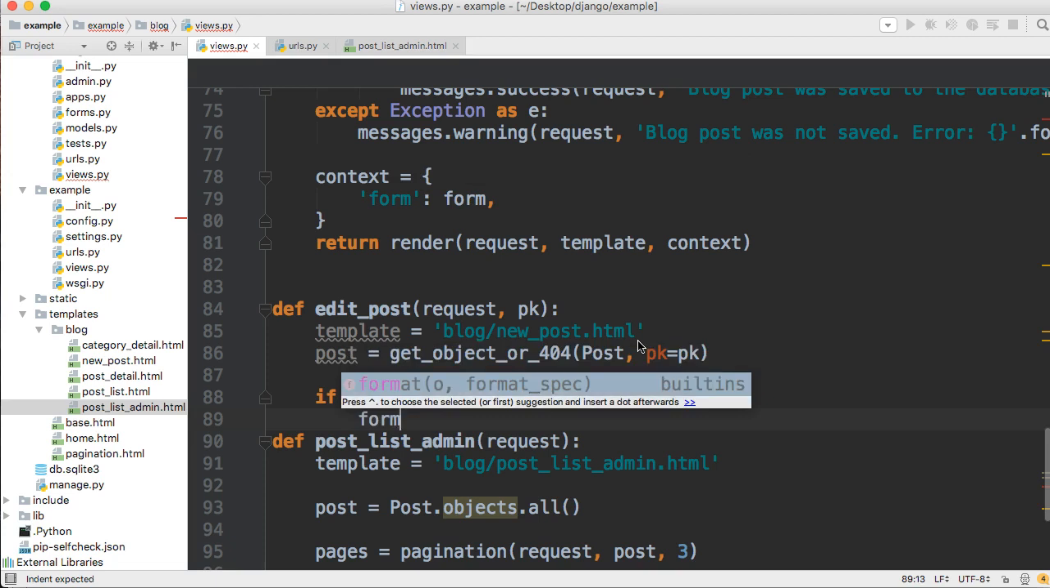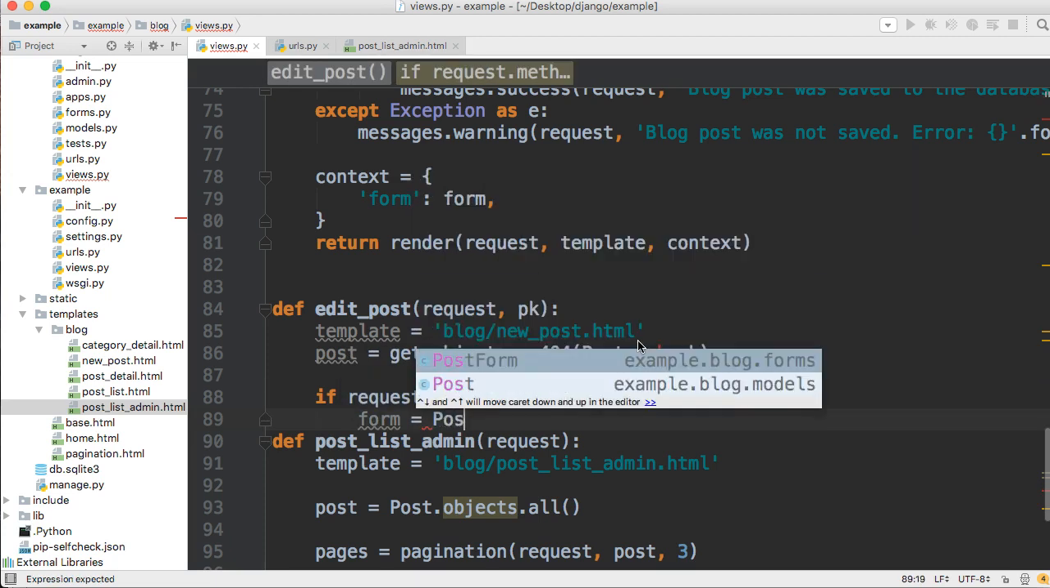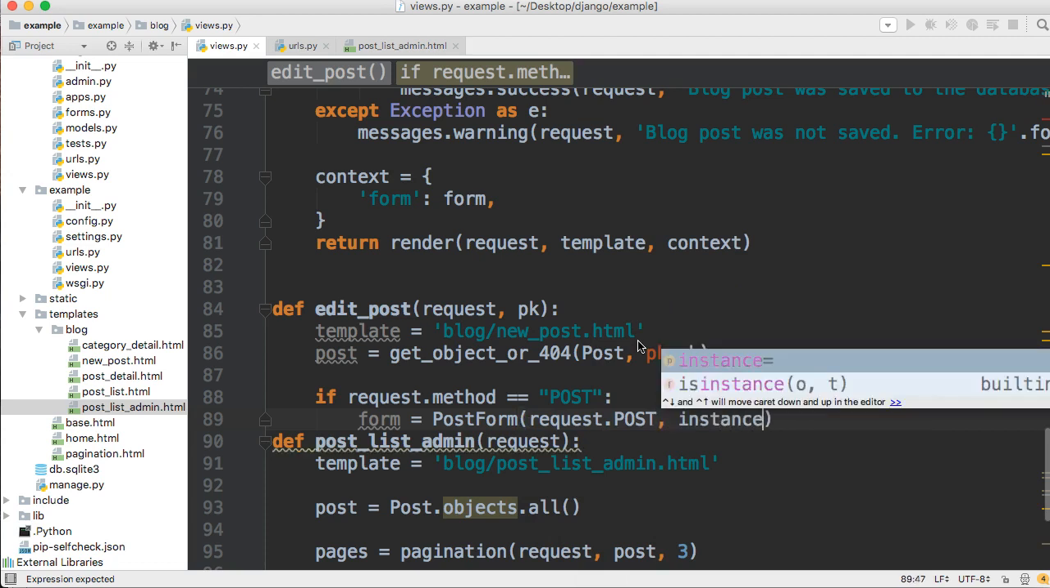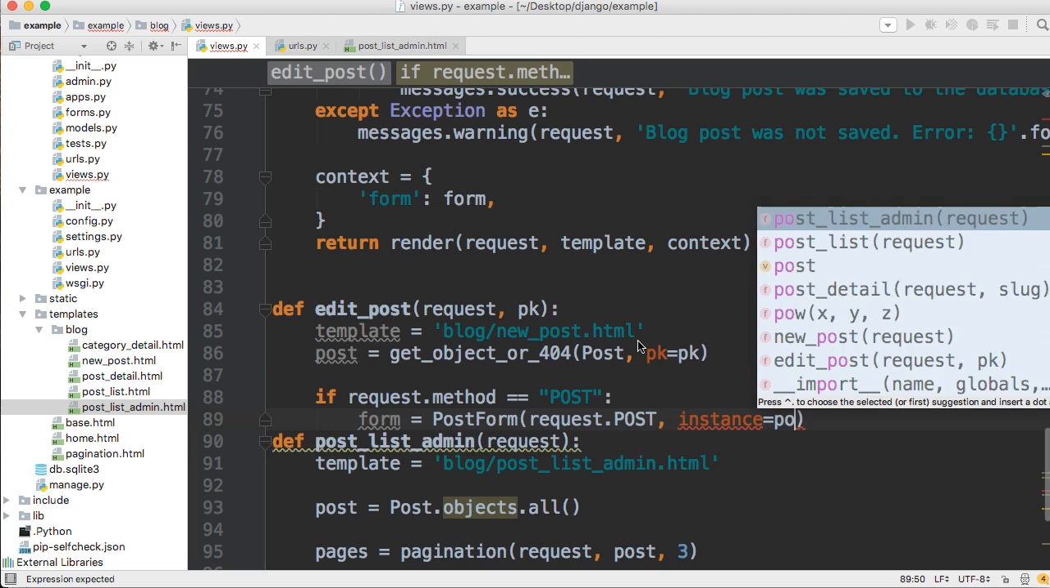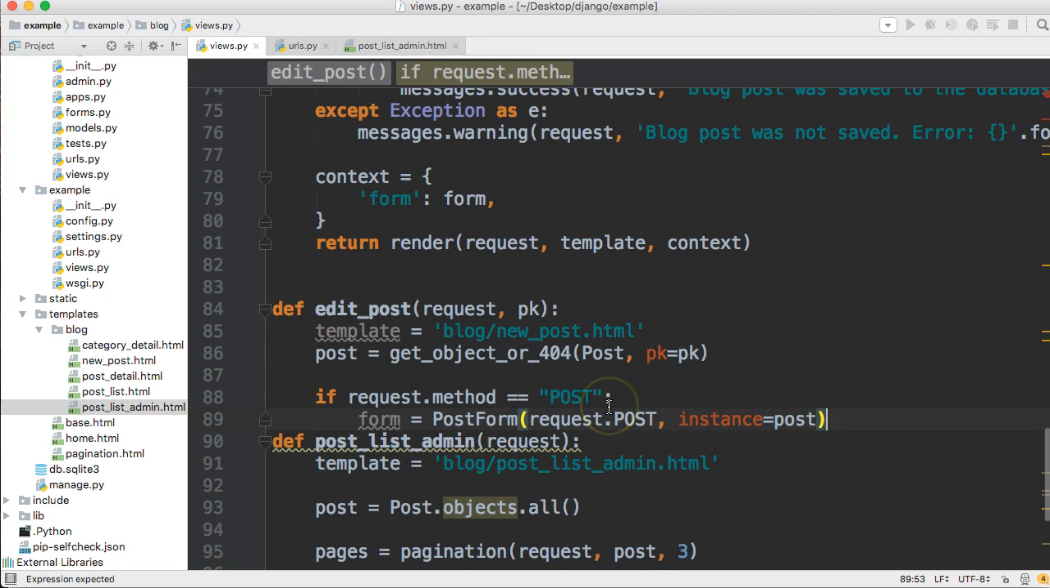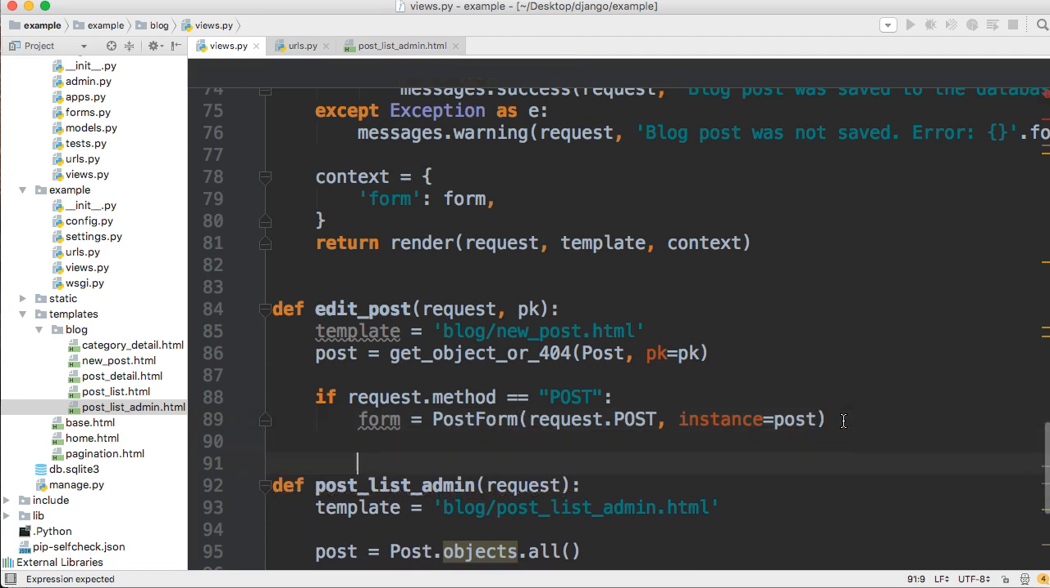set our form. So we'll say form is equal to PostForm, and we created this in a previous tutorial. And we're going to say request.POST, comma, instance is equal to post. Alright. So instance post is going to display the data in our form from this object up here. Next thing we're going to do is go ahead and try